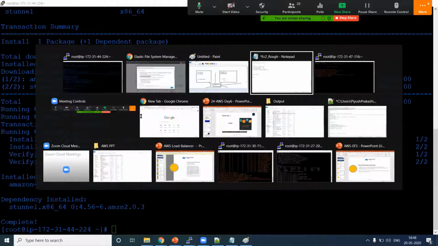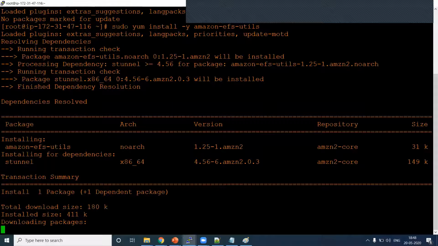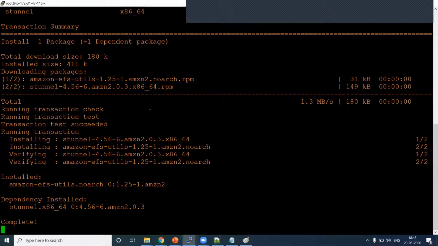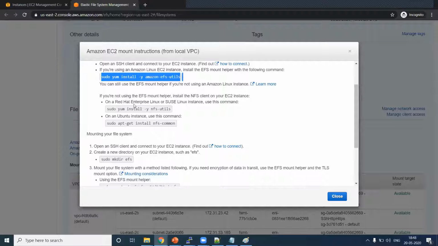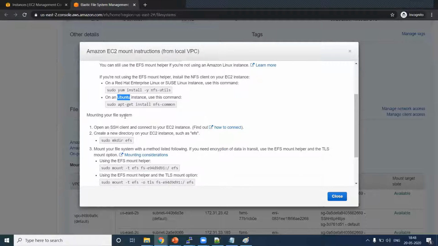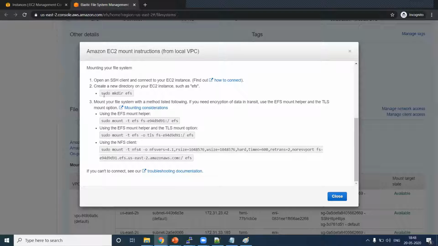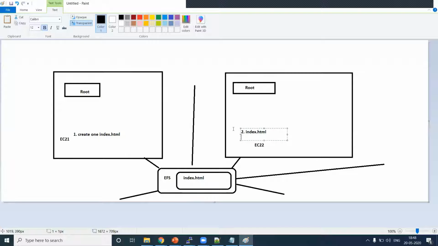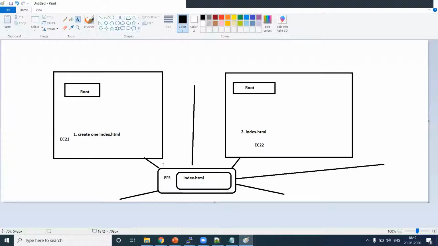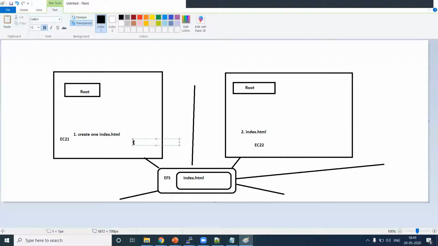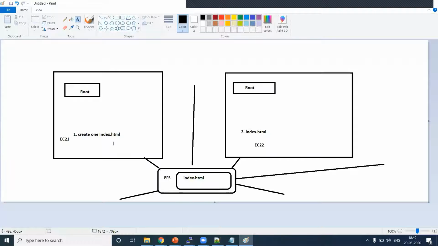And the same command I'm going to paste in the orange one also. So the first thing is done, and if it is Red Hat, we are not using Red Hat, we are not using Ubuntu, so that's fine. Now two EC2 instances are created. EFS is mounted to both the EC2 instances, right? I have a blue screen and an orange screen. So both the EC2 machines have the same EFS. Now I'm going to create one directory here on EC2 1 and EC2 2, one directory on each.